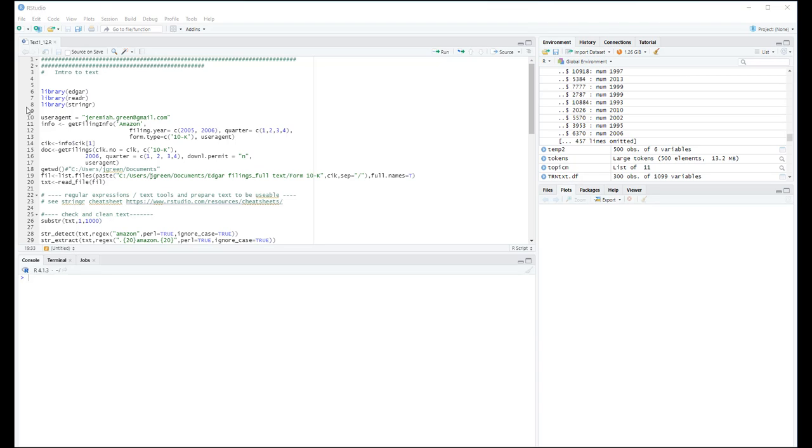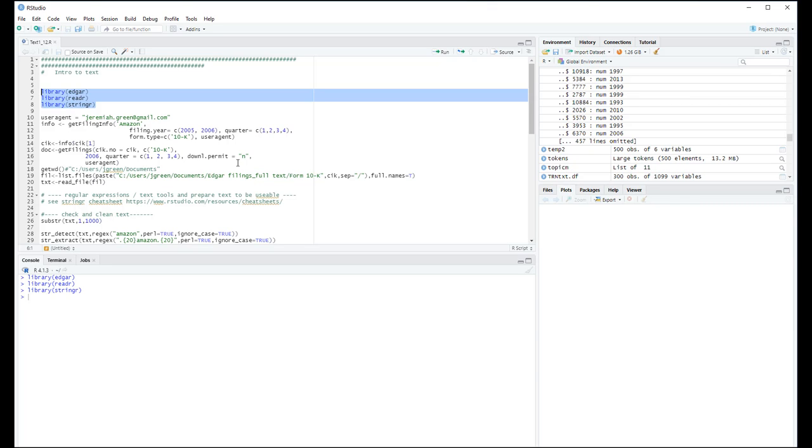And then by the last class of dealing with text, we will go back to predicting earnings like we had done before, but now we're going to incorporate textual information. So we're going to start out with a new package here. This is the stringr package. And this is mainly just for convenience so we can